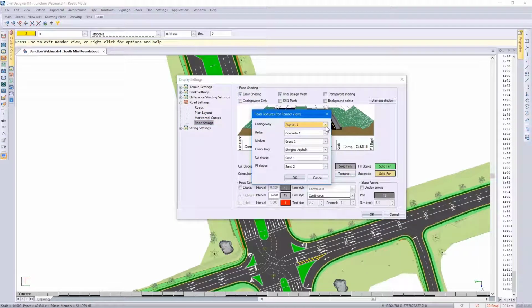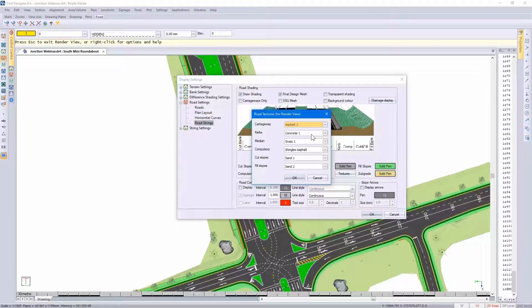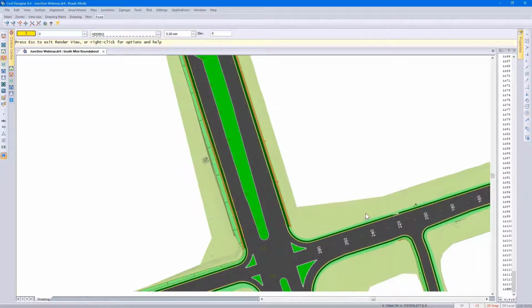You now have the option of specifying your own textures, and these textures would then be visible in your render view. If I click on the down arrow, you'll find that we've got 40 textures to select from. You can specify different textures for different elements in your road, and these textures would also be applicable to your